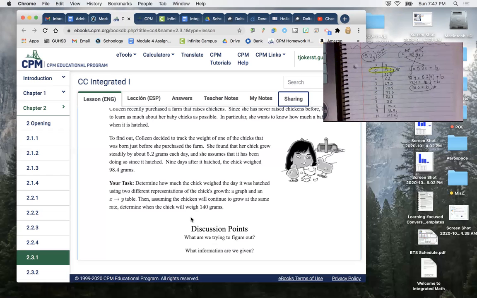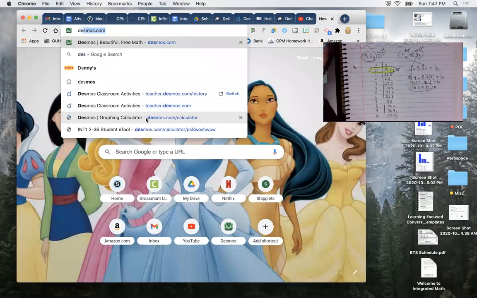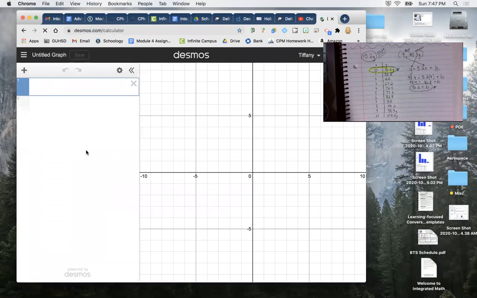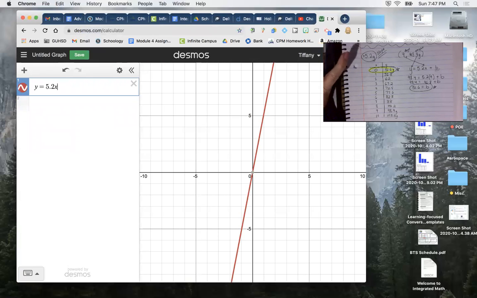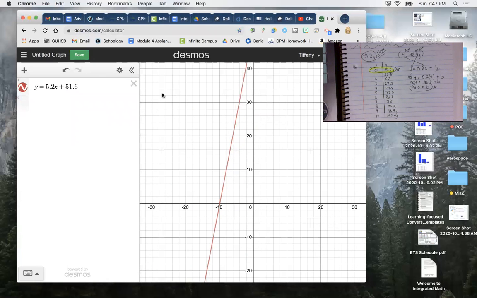Okay, so the last thing I'm going to do is actually open Desmos and graph it. So Desmos.com, graphing calculator. Now on here, I am going to plot the graph. y is equal to, because that's what I think this is, 5.2x plus my 51.6 grams. Okay, I'm pretty certain that's the equation of the line, but to make sure,